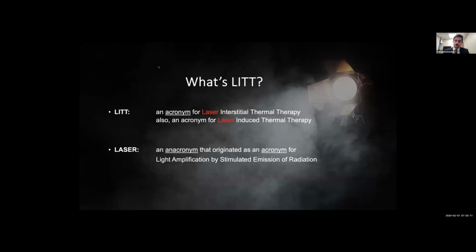What's LITT? LITT is an acronym for laser interstitial thermal therapy, or laser induced thermal therapy. And laser is actually an acronym that originated from the acronym light amplification by stimulated emission of radiation. And what that means,